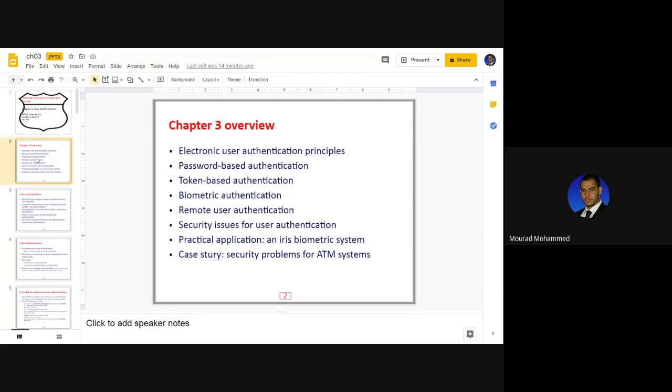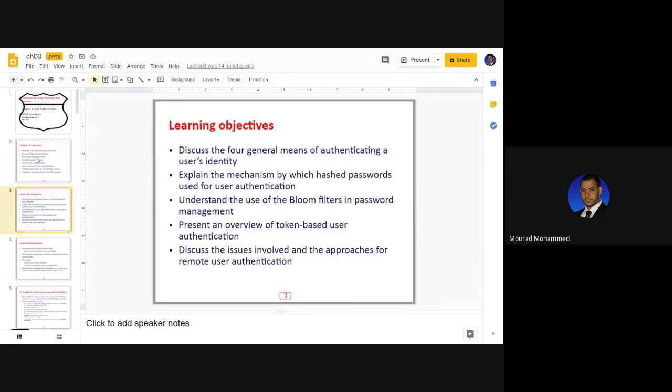Objectives of this course: we see as an overview, as I said, the authentication context. We are going to see all the details. For the objectives, we discuss how to authenticate, how to prove your identity, scenarios, mechanisms, and how we are going to deploy the authentication scenario, mainly the very basic one, and it's the very weak scenario, which is the username and password utilization to authenticate users. It's very weak, yes, and it's very persistent.